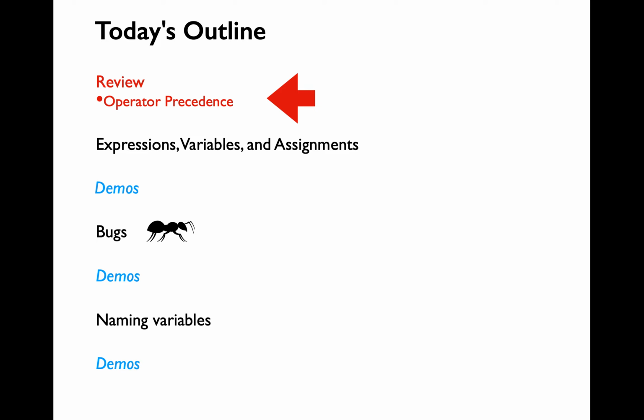It's never too late to learn about bugs. Learning how to program in a particular language, that is, learning the syntax of the language, is a relatively easy task. Good debugging skill is the more challenging skill for you to pick up. Throughout the course of this semester, we are going to learn how to write good programs and also how to debug bad programs. Finally, we'll be learning about variable naming conventions.